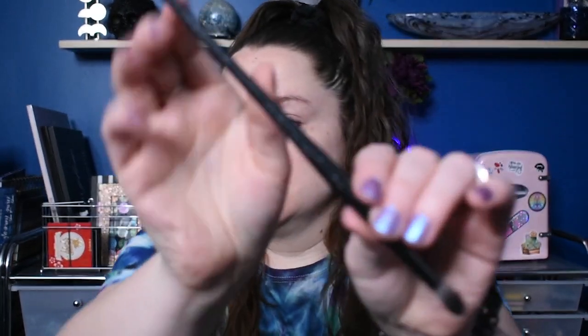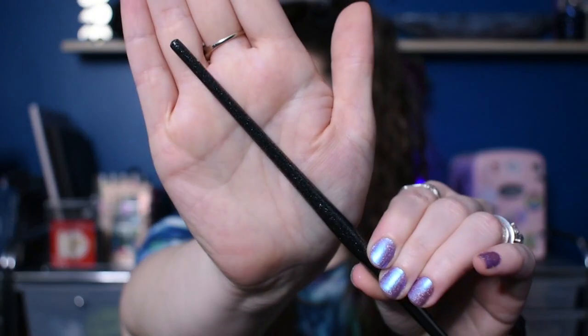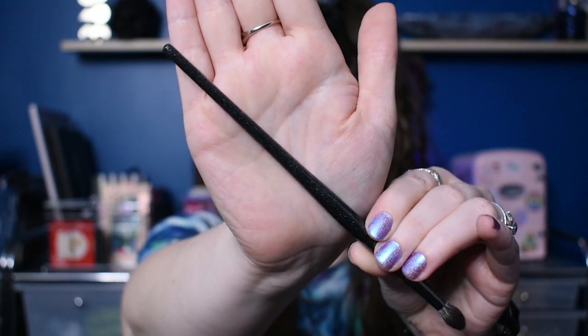Let's go in first. Ooh, these have like a sparkly handle to them too. I don't know if you're going to be able to catch that. Can you see the sparkles in them? That's pretty, but it's like painted so they don't come off on your hands. Anyway, I'm gonna go into,